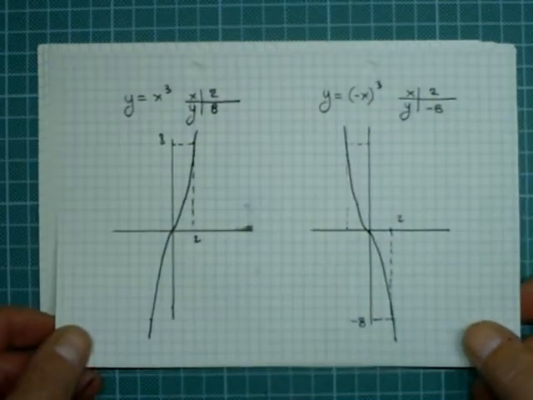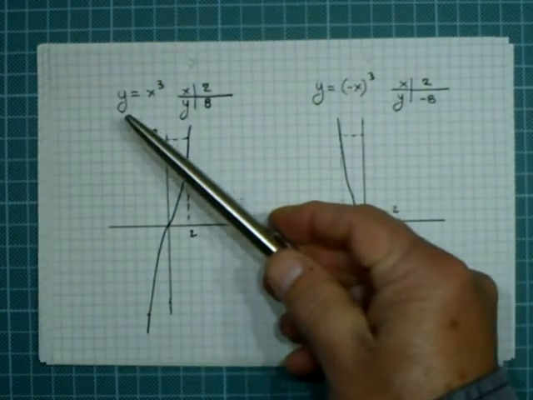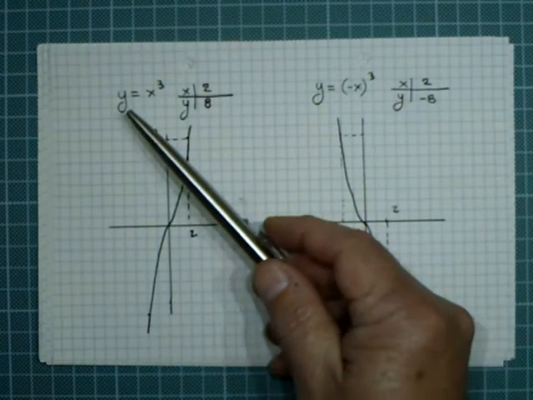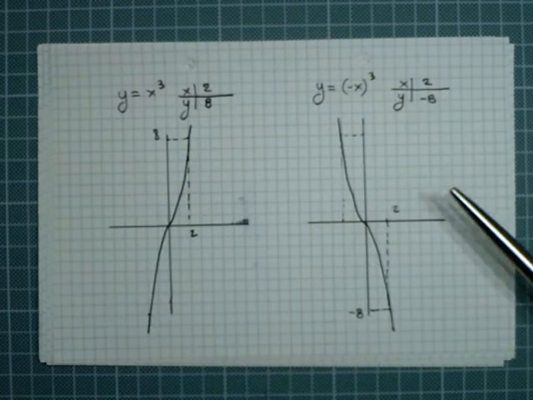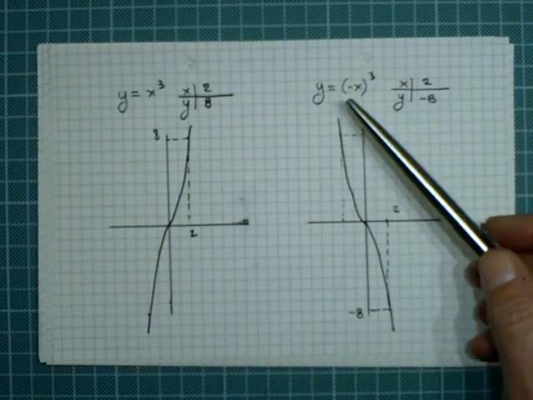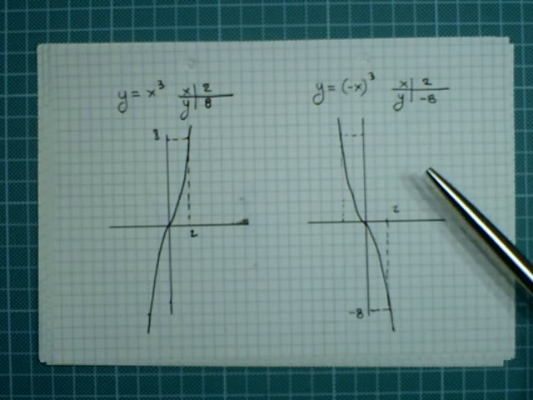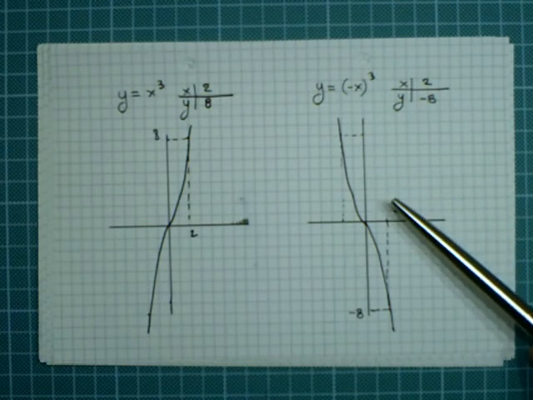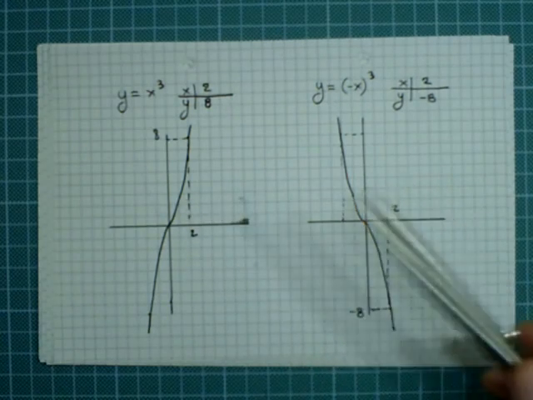For the last example, I have to change our original function. We can use y equals x cubed. This is our graph, and if we substitute x with minus x, we have a horizontal reflection in the y-axis. This graph is horizontally